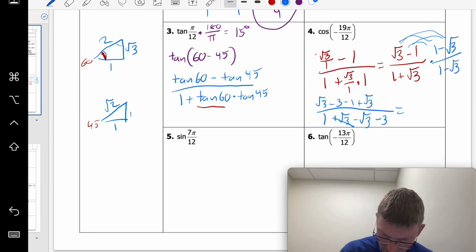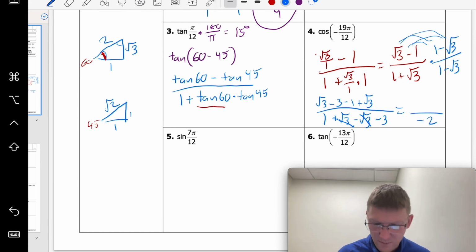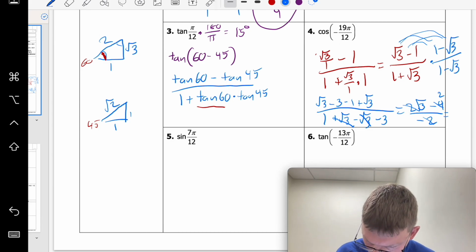So now these guys cancel out. We've got 1 minus 3 on the bottom, so we got negative 2 on the bottom. And then we've got 2 square roots of 3, we're combining our square roots of 3 minus 4. And then we can simplify that, our 2's cancel out. Let's see, that would be a 2 left over. And then we'll just change all of the signs. So if we change all of our signs, we're going to have square root of 3